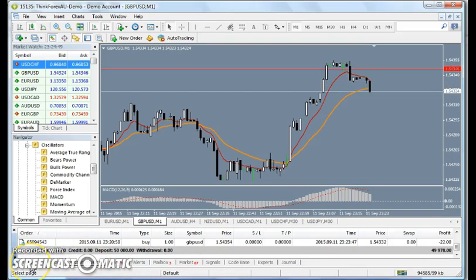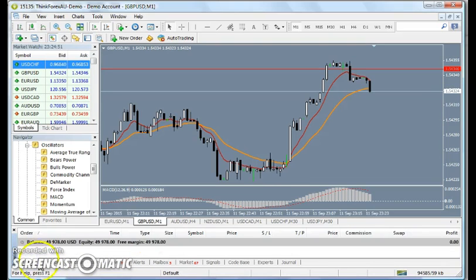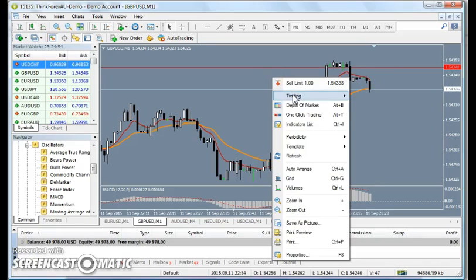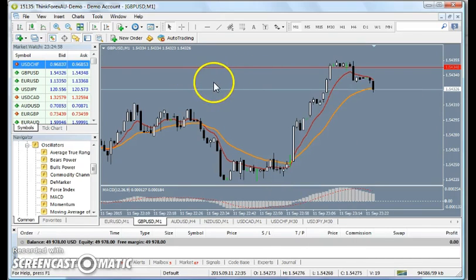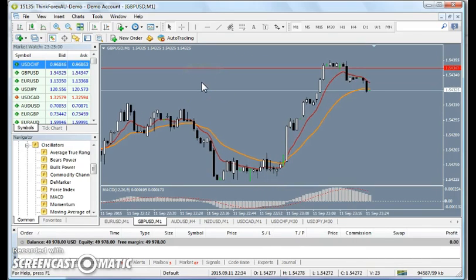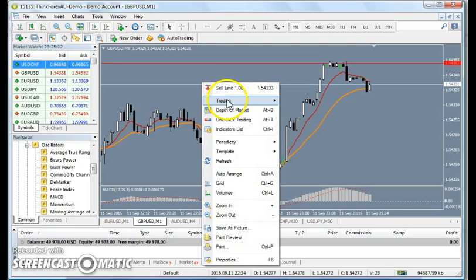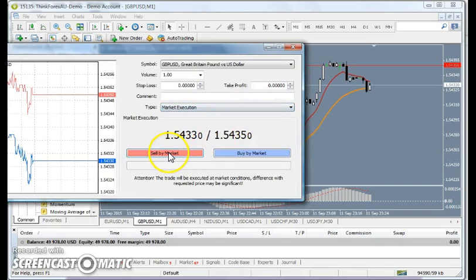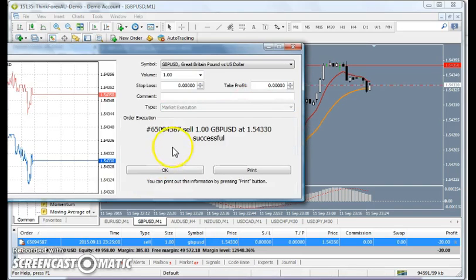Okay, so let's go back to trade. Look at the mouse cursor, the bottom left-hand corner. Click on the trade. Let's, wow, price really moved down. Let's click on another trade and perhaps a sell. So right-click on the chart, trading, new order, and let's go sell by market. Okay, so I